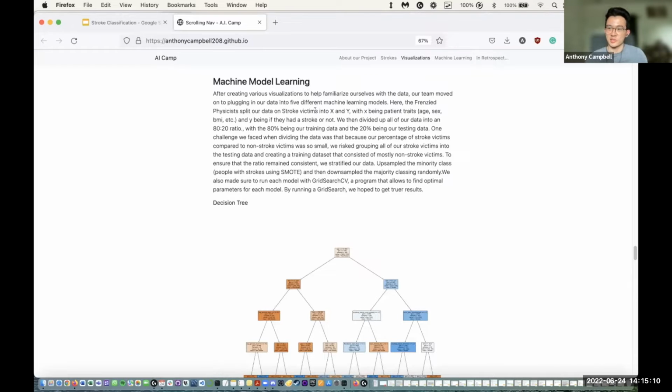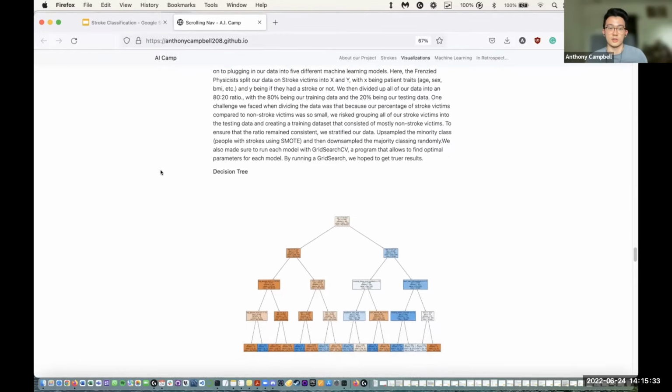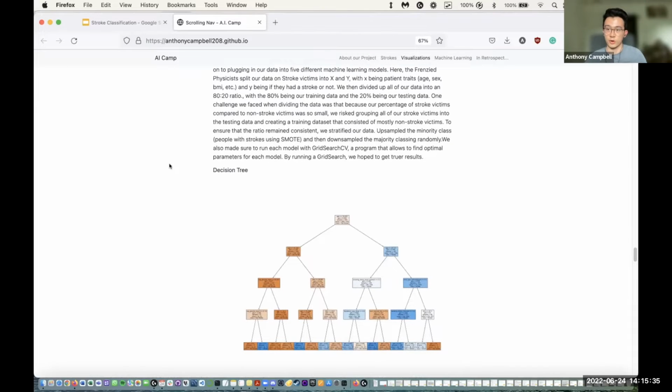So for our machine learning models, we just tried a bunch of different machine learning models. We did an 80-20 split with our data, 80% being our training and 20% being our testing. Then we also did a stratified split so that we're sampling both classes evenly. To handle our imbalanced data, we did some resampling. For our first two machine learning models, we did a decision tree and a random forest, which are very